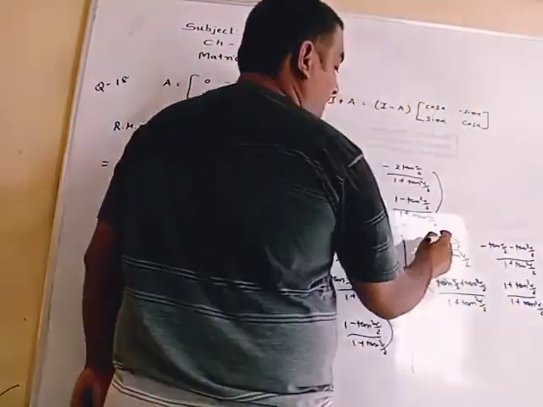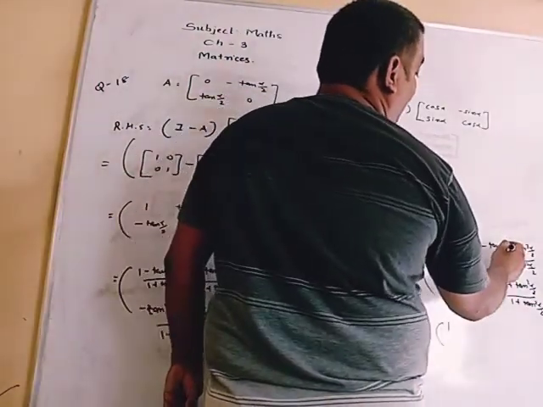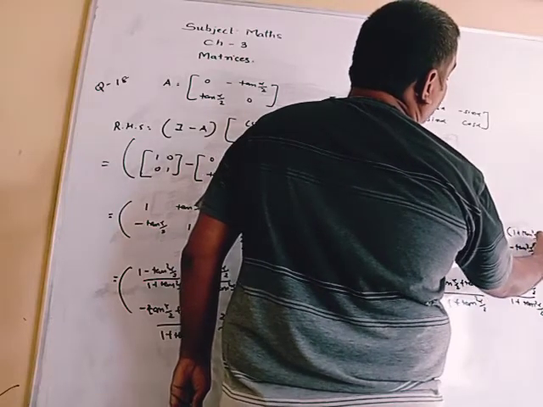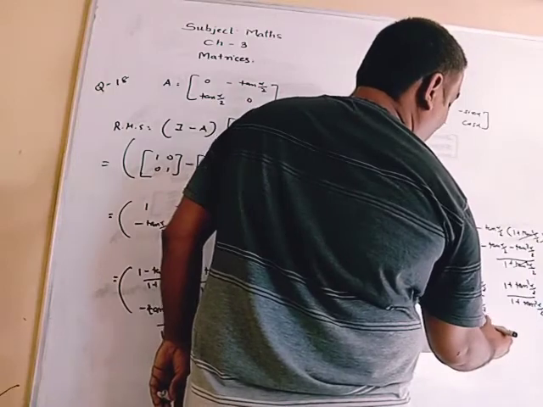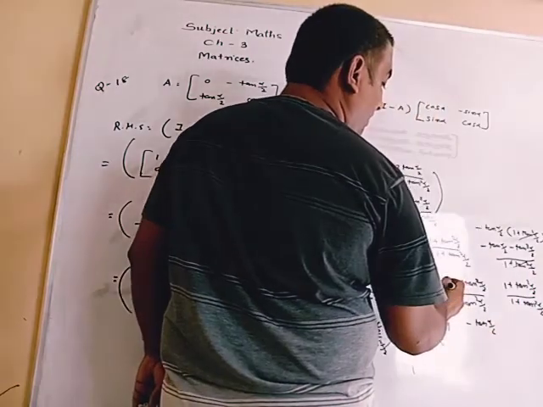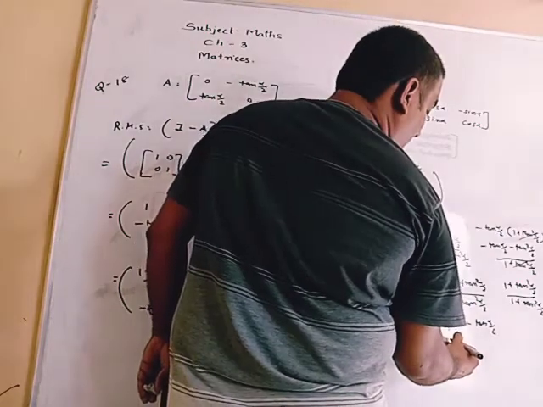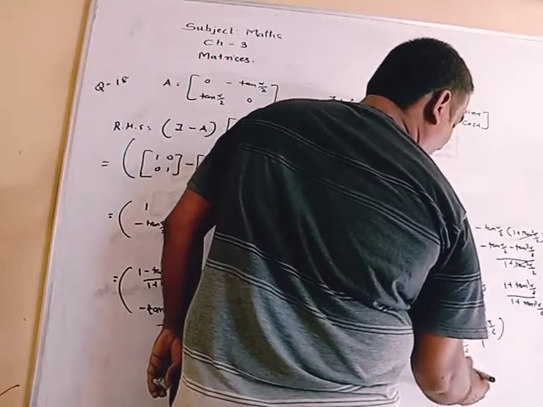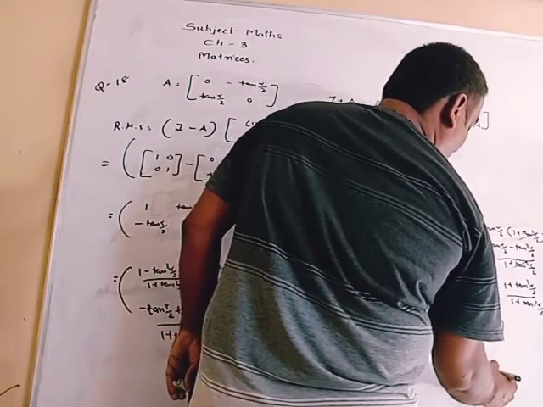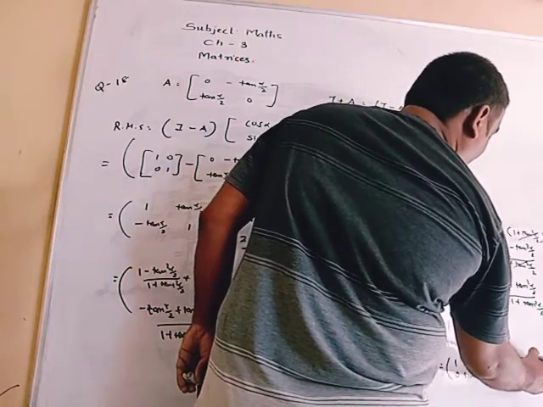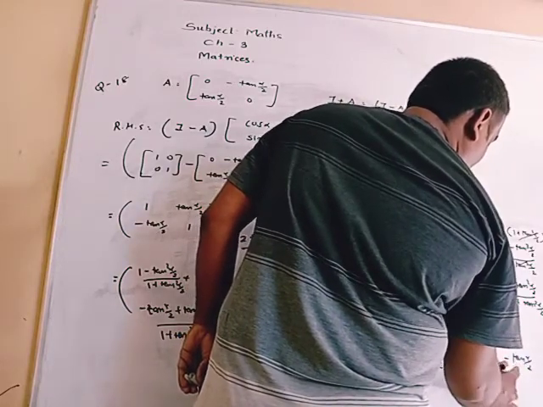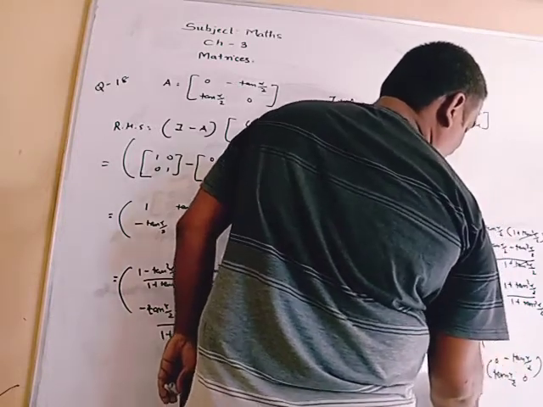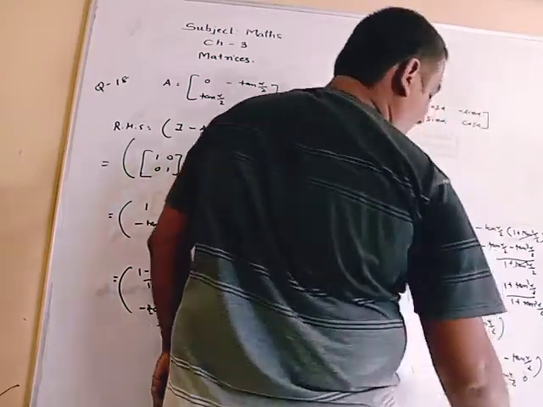So we simplify this, and this we will get 1. Now here we take out minus tan alpha by 2 common, and it will be 1 plus tan square alpha by 2. So these two terms cancel, and only minus tan alpha by 2 remains. Similarly here we simplify and take out tan alpha by 2 common, then again cancel, so tan alpha by 2, and here 1. So this you can write as [1 0; 0 1] plus [0, minus tan alpha by 2; tan alpha by 2, 0]. So this is I plus A.